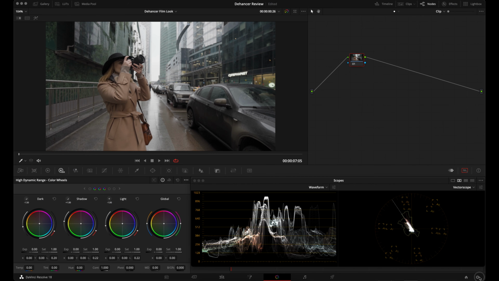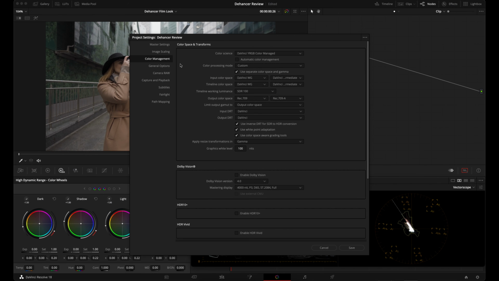First up, let's go to our project settings. These are the settings that Dehancer recommends in your color management settings if you want to work in a DaVinci wide gamut color space. So you would set your color science to DaVinci YRGB color managed. You would uncheck automatic color management. Your color processing mode, you would set it to custom, and then you would check use separate color space and gamma. You would then set your input color space and your timeline color space to DaVinci wide gamut and DaVinci intermediate. After that, you would set your output color space to Rec 709 and then the output gamma to Rec